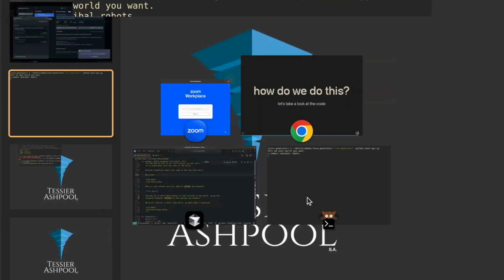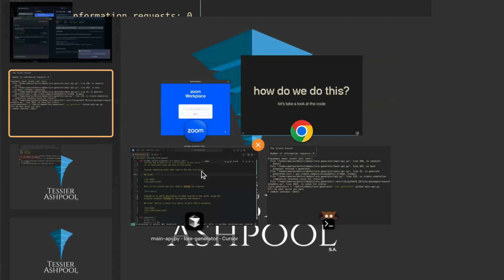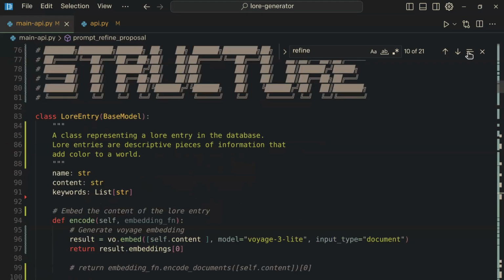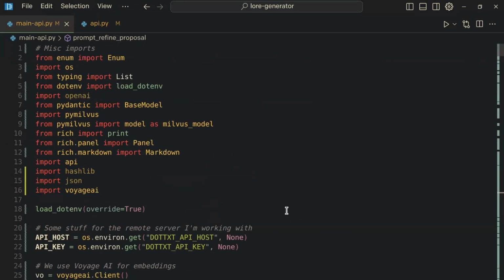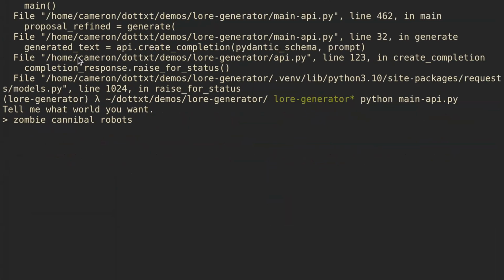While that's happening, test your ASCII, of course, I have to have test your ASCII as my background. So I'm just going to walk through some of the code here, and I'll skip around and show you what's interesting. You actually won't see me import Outlines anywhere. The reason is I'm starting to believe that you need to separate a lot of your inference from your runtime code. Outlines is built for really resource heavy things. I have no GPU here. I cannot run this live. So we have an internal beta that we're testing for only serving structured output, so that's what I'm going to use here. And we also check back on our seed, zombie cannibal robots, still going.